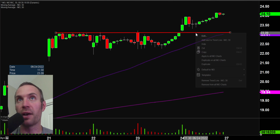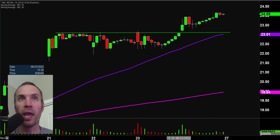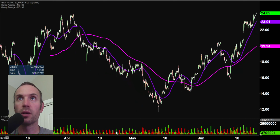$23.10 has now been put behind the price, and that brings about the foundational rule in charting. When levels of resistance are broken and closed above, you want to see them act as support. So if there are any pullbacks, 23.10 is going to be that important level to keep a close eye on. As far as areas of resistance now, in fact, we may need to change time frames because it's been so long since the price